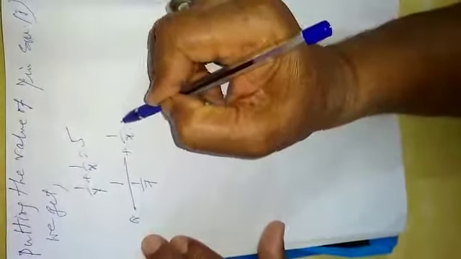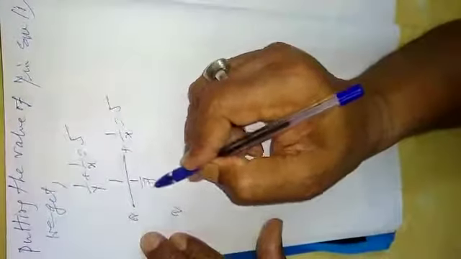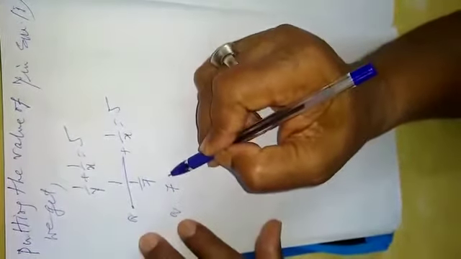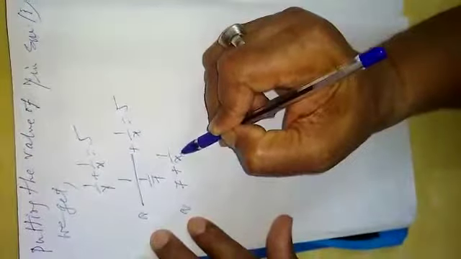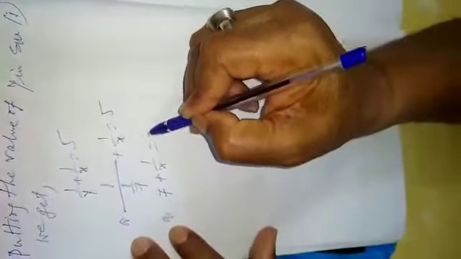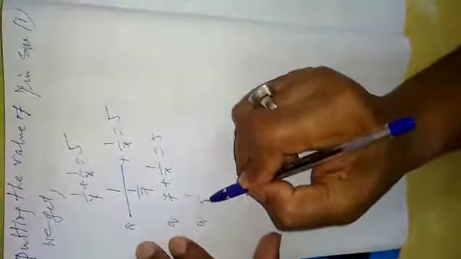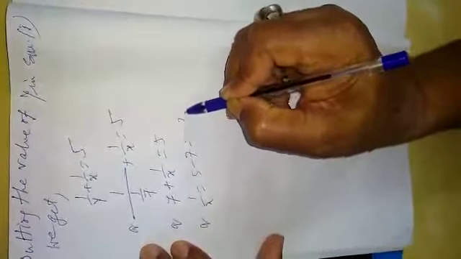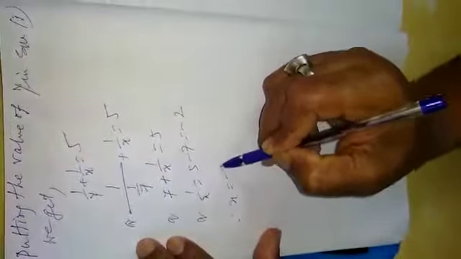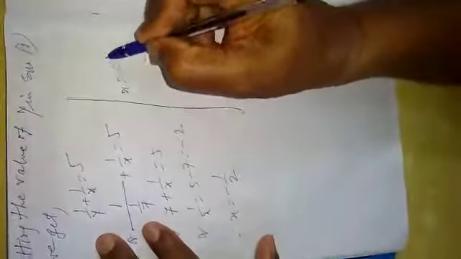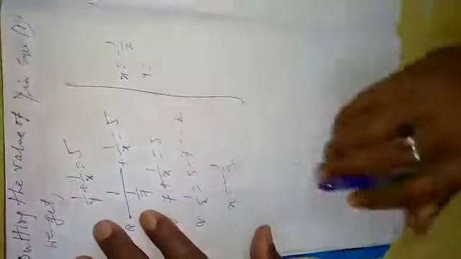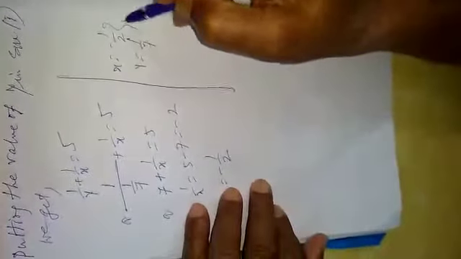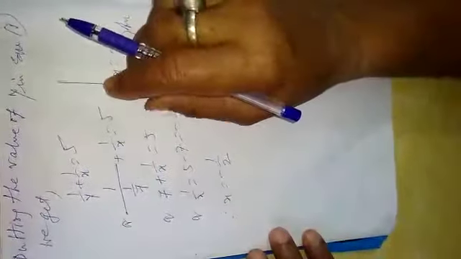That is 1 by x is equal to 5, or 1 by 7, that is 7, equal to 1 plus 1 by x is equal to 5. Or 1 by x equal to 5 minus 7. That result is minus 2. Therefore x equal to minus half. So result is x equal to minus half, y is equal to 1 by 7. That's your answer. So sum number 3 is over.